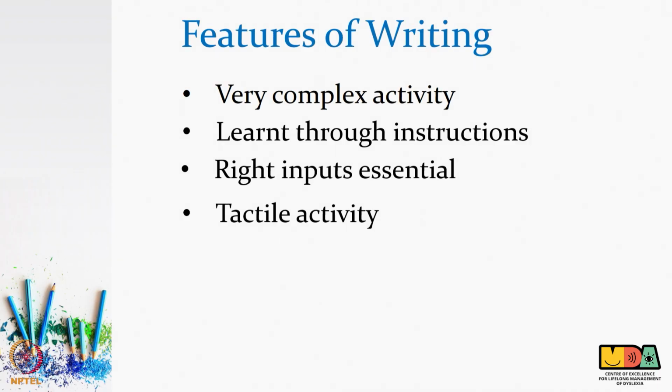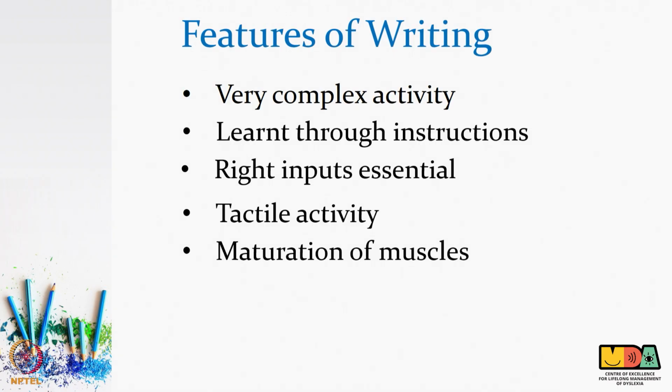Tactile refers to touch. Different mediums give different feedback to the brain. We know that writing involves holding the writing tool. The feedback received from the skin and muscles is processed by the brain and it creates an imprint in the brain. Yet another aspect of writing is the maturation of muscles involved in writing. For children, the muscles need to mature age appropriately for them to write legibly. A child with learning disability will have difficulty in one area or more than one of the areas involved in writing.